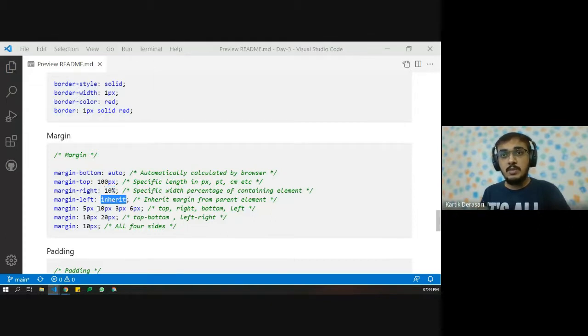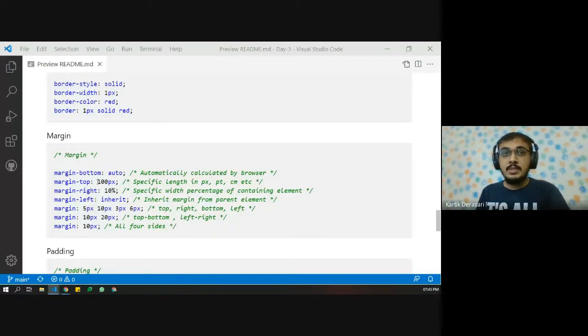For an example, if the parent element has something, then we can inherit that. First is the auto value. In auto, the value is automatically calculated by the browser. So if we don't want to define any value, then we use auto.